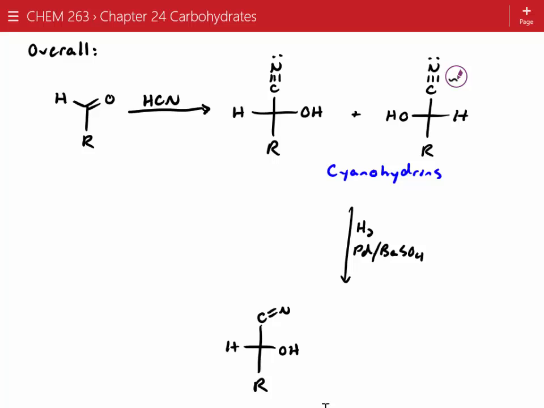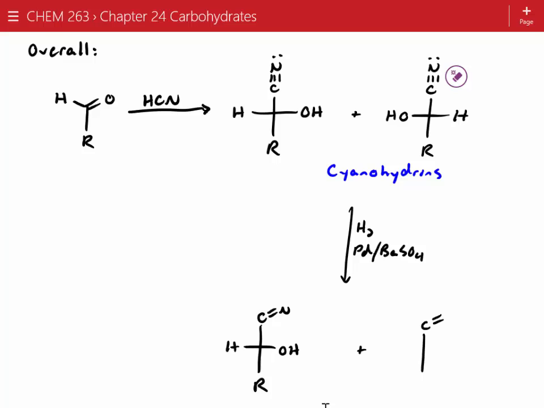Wait, is that palladium 4 or is it palladium with barium? The palladium and barium sulfate, are those two added together, or is it one or the other? It's added together. It's just a big poison catalyst. Yep. And then the other product you get out